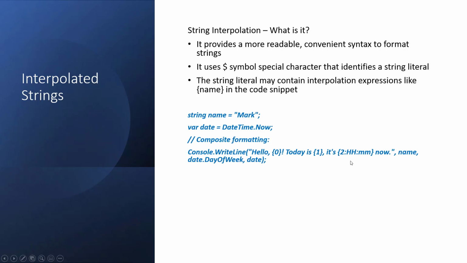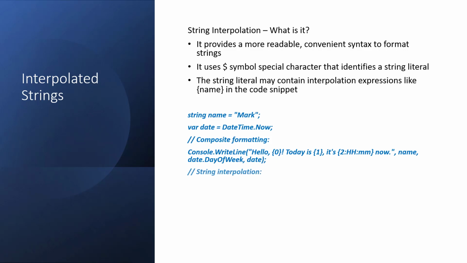These were filled by the right-hand side: name for 0, then 1 in that order, date.DayOfWeek, and then 2 with date. So that was composite formatting.